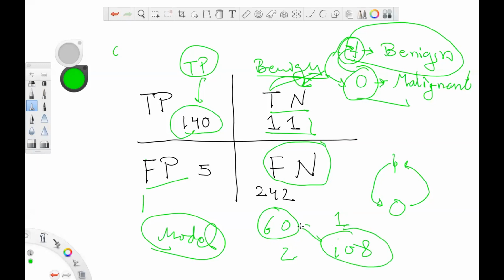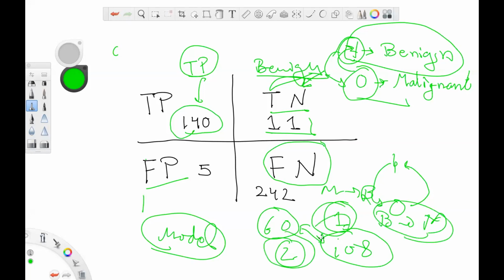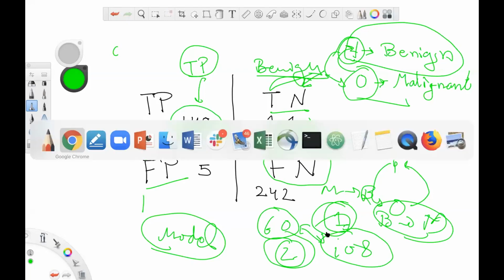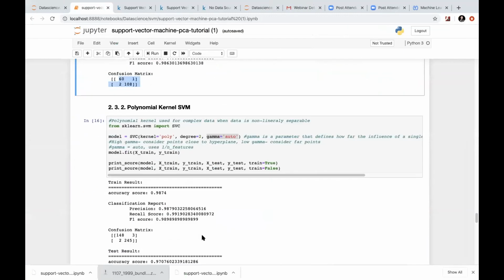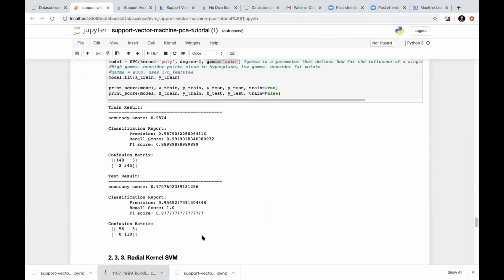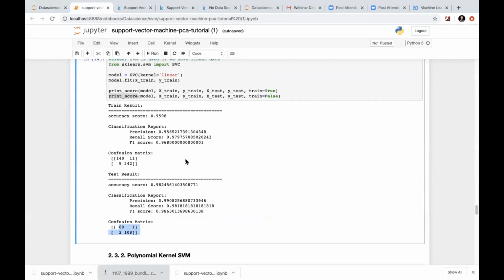This is what we want, right? We don't want this, that means either malignant identified as benign or benign identified as malignant. You can see that we have very few cases here, so you can analyze that's why SVM is going to give good results. SVM is actually giving good results on this data set, and you can see the accuracy score is 98%.